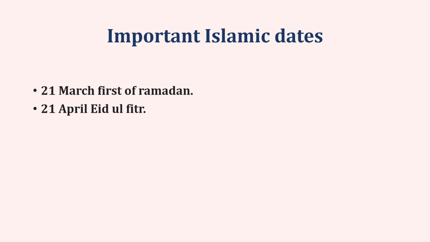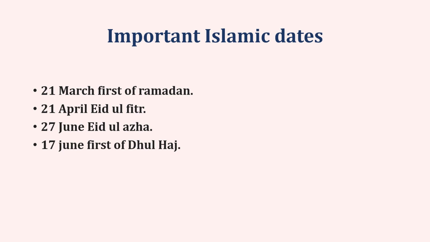And from here, we can also calculate that 2 months and 10 days after the Eid al-Fitr will be Eid al-Azha, because Eid al-Azha is not on the 1st of the month, it is on the 10th of the month. And similarly, the 1st of Zul Hajj will be the 17th of June, which is 10 days before the Eid al-Azha. And then you can even calculate and see that if the 29th of July was the 10th of Muharram,